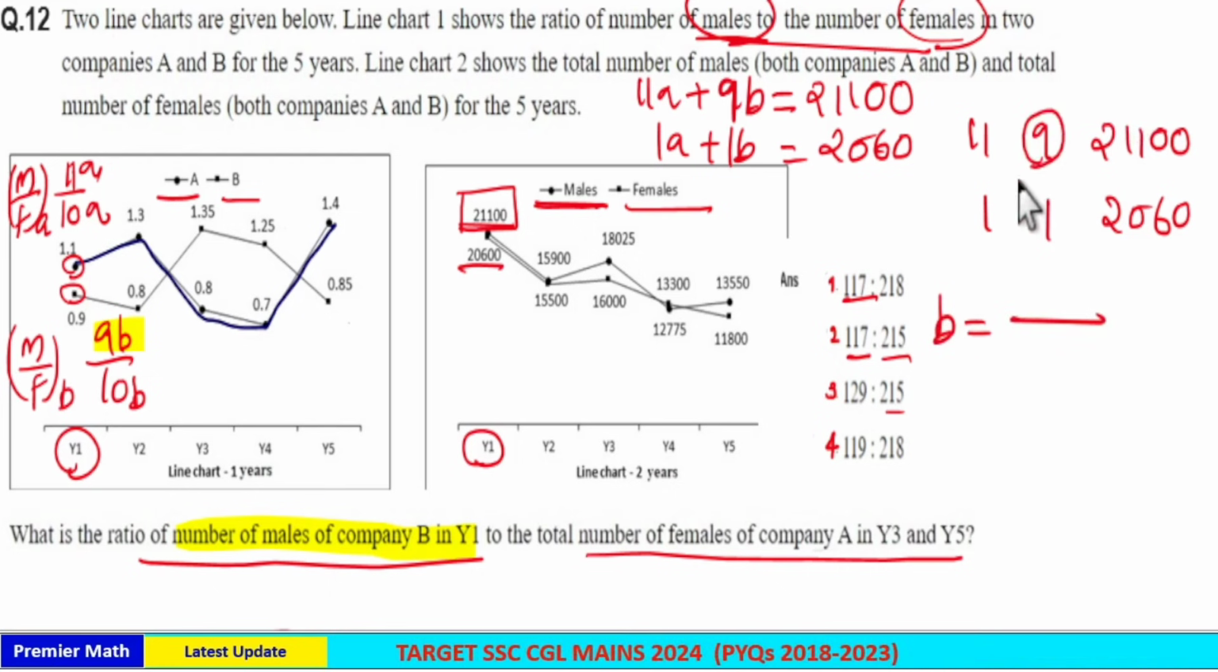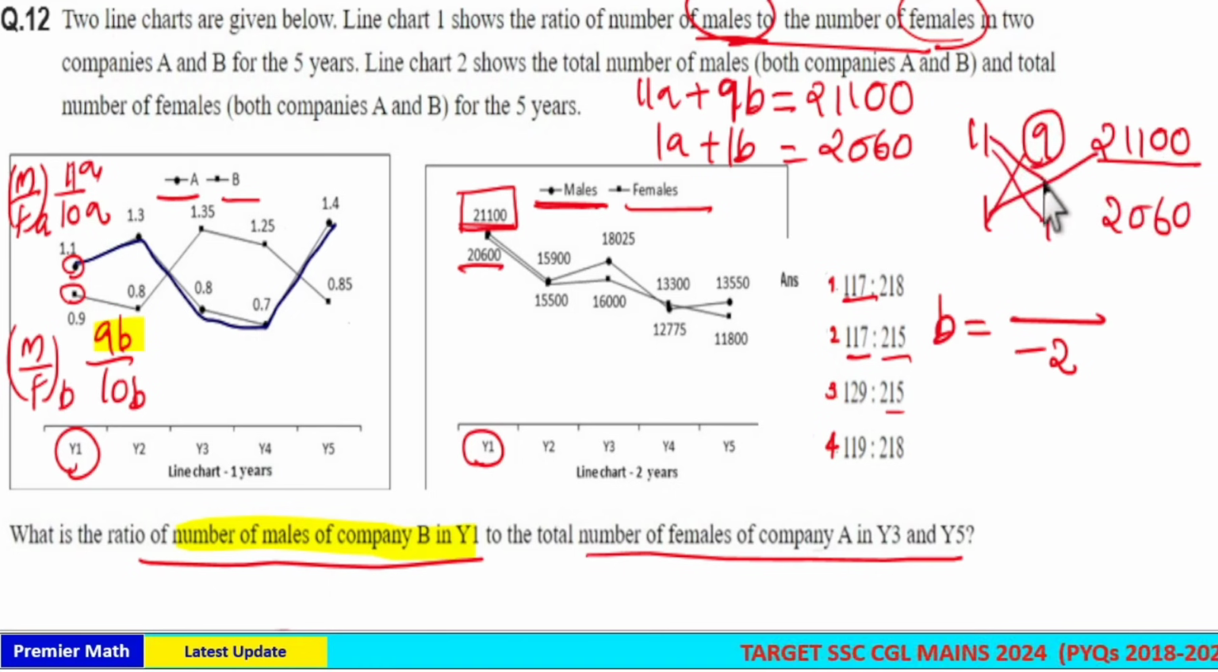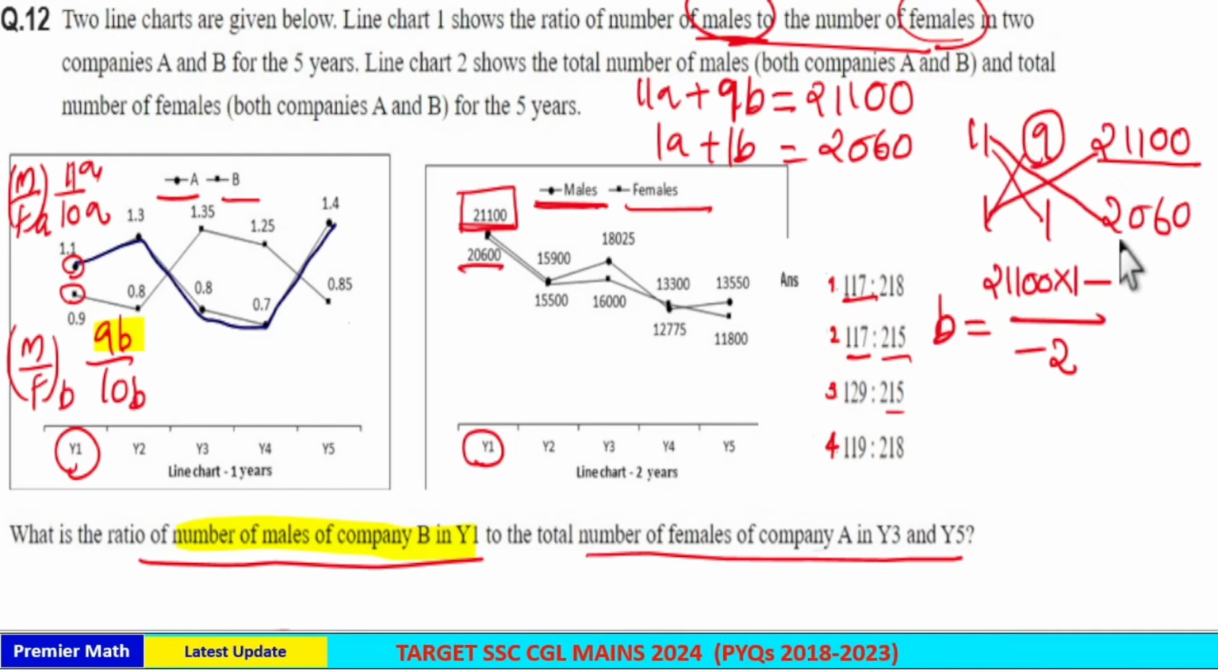mark the middle word. 9 into 1 minus 11 into 1 is the denominator. 9 minus 11 is minus 2 is the denominator. Now numerator is, middle word is 9. Take the right word, which is 21100. So multiply it with this word and subtract 11 into 2, 2060 from it. That is, numerator is 21100 into 1 minus 11 into 2060. Now if you solve this, you will get B as